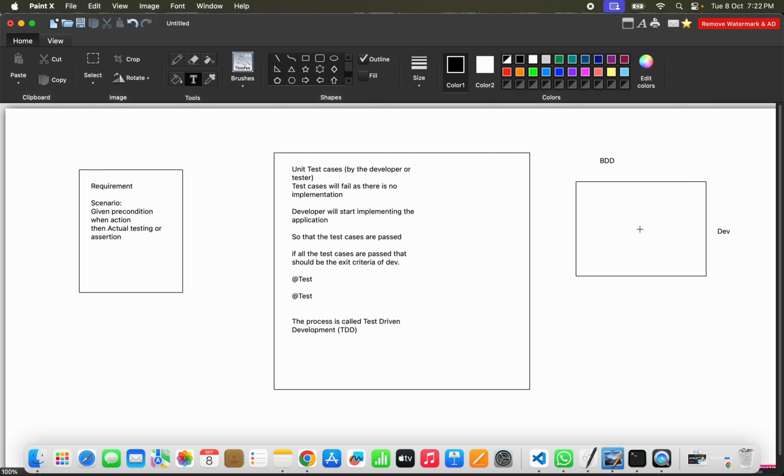So what the developer will do is, in src/main/java mainly, based on this requirement and these scenarios, he or she will create the unit test cases first. Okay, unit test cases, I mean the same as TDD, right? Unit test cases first with